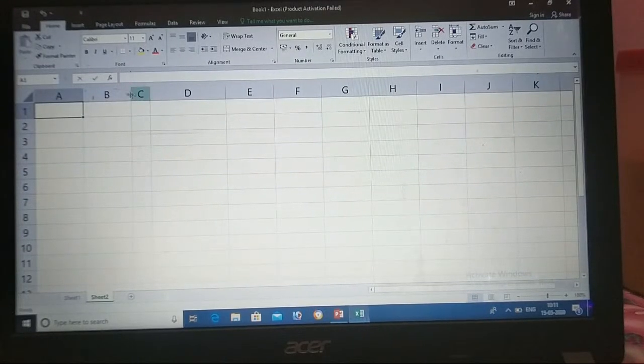Clear? One more time. You go on the line. When you get the two-sided arrow pointer, you just drag it to the right-hand side or left-hand side. This way you can increase or decrease the width of the spreadsheet column. Next,